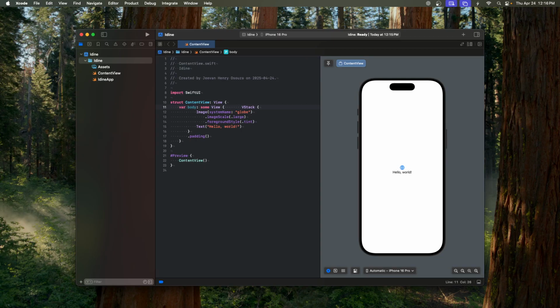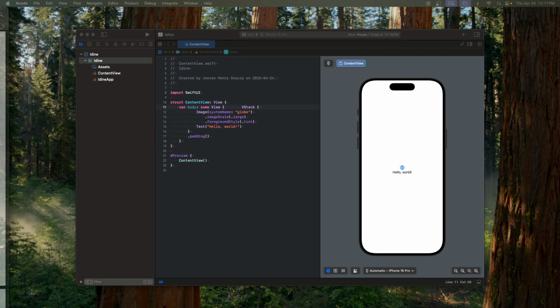So we haven't seen the navigation stack yet. Okay, let's go. Instead of working with a list, what we can do is,